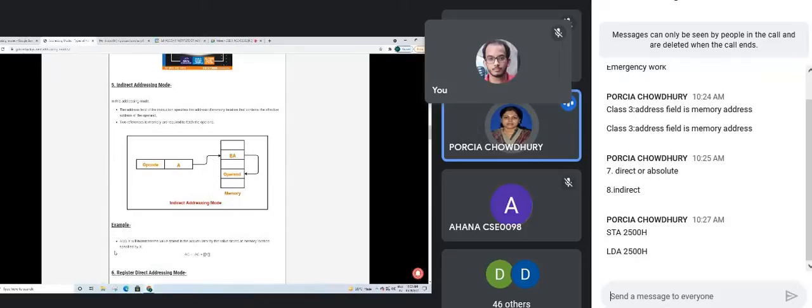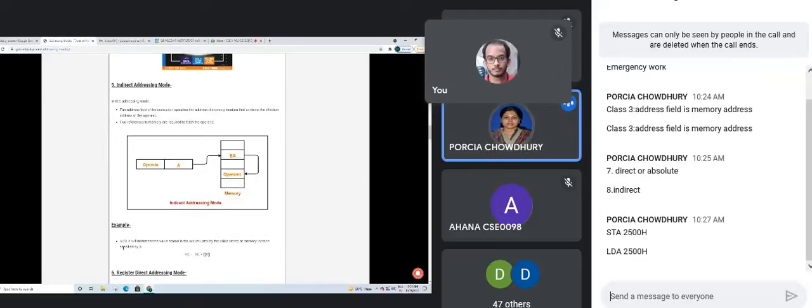And what will be the example? ADD X will increment the value stored in the accumulator by the value stored at the memory location specified by X. So ADD X or ADD R. In case of register indirect mode, X is a register. You have to go to that register to get one memory address, then go to that memory address and fetch the value, and that value will be added to the accumulator. Over here, in indirect mode, X is a memory location. So you have to go to that memory location, and over there another memory location will be specified. You have to go to that other location to fetch the operand, and that value will be added with the value of the accumulator.